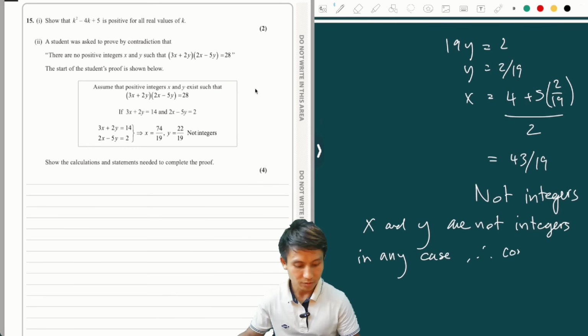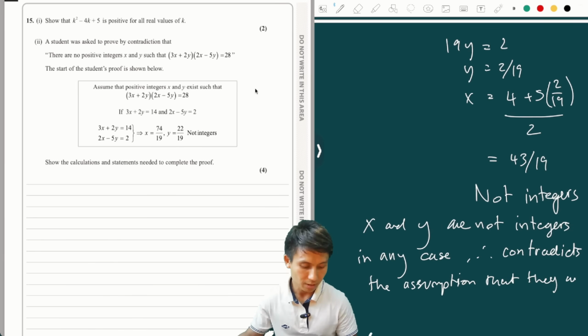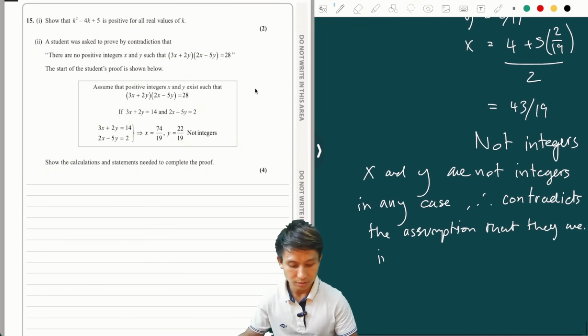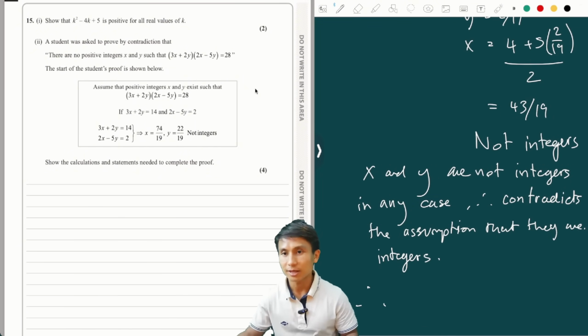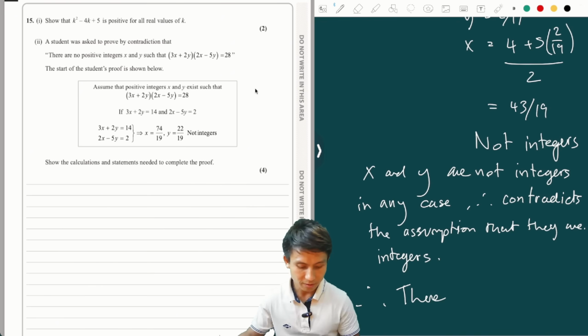Therefore, this contradicts the assumption that they are integers. Therefore, there are no positive integers